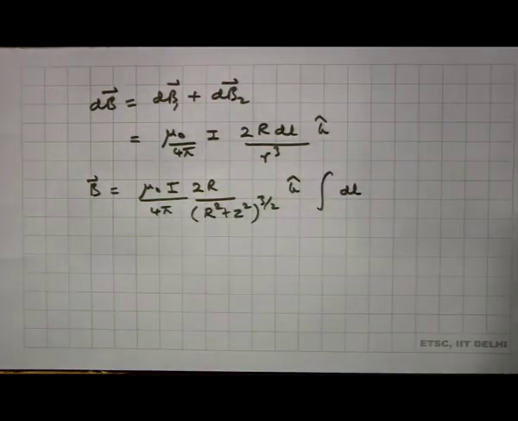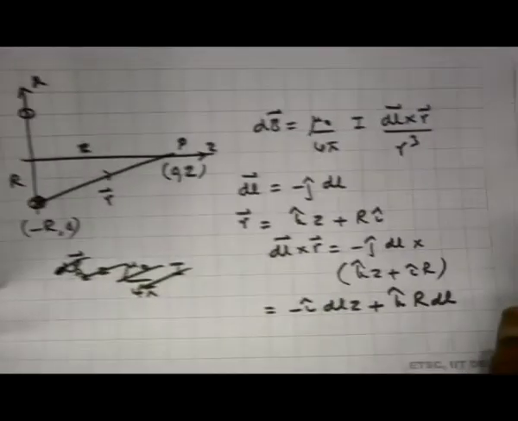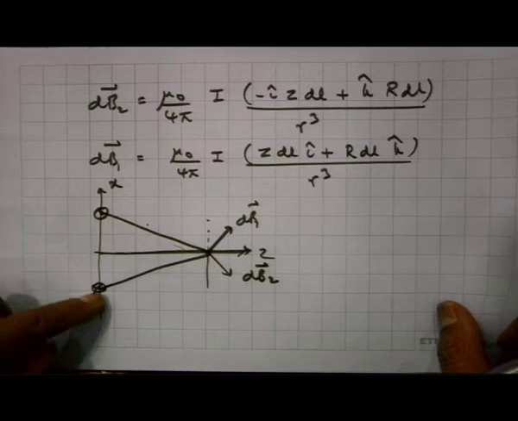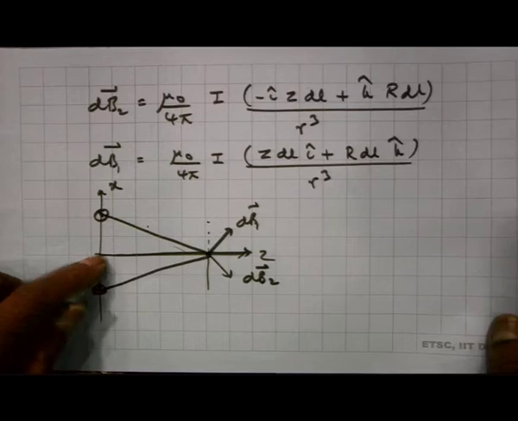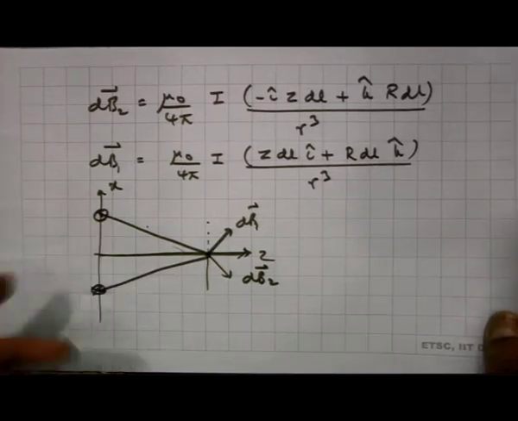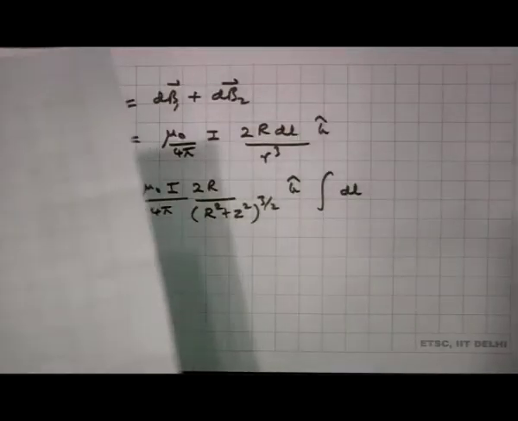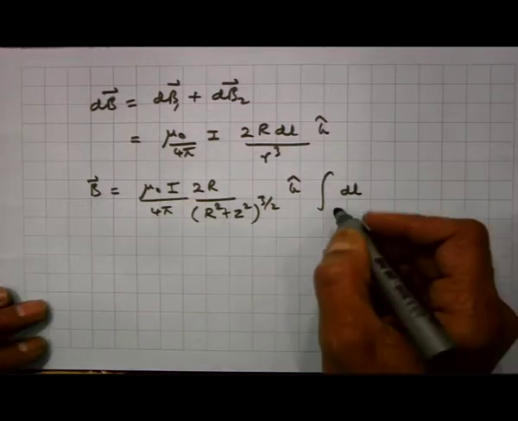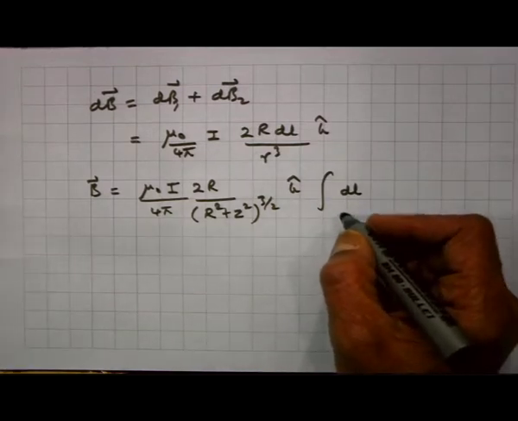Now, I have to be a little careful, because in deriving this equation I have taken account of both these elements, diametrically opposite elements. So, integral over dl must be in a semicircle, because the upper half semicircle and the lower half semicircle are exactly cancelling their normal components. So, this will be in a semicircular arc only, this is semicircle,